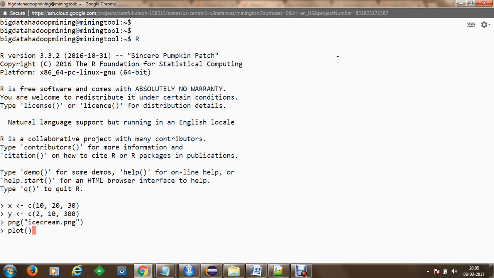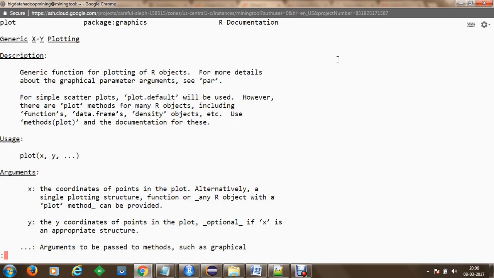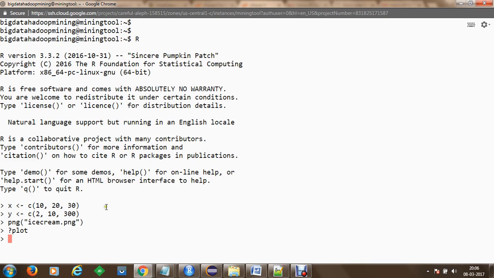Now once we plot, we are going to put the values for the plot, and before that I would like to show you that you can make use of help for the plot function using question mark plot, and it will show you what values you can take. Once we execute plot help, you can see that we provide two arguments, X and Y, and on the X axis we will have temperatures, and on the Y axis we are going to have ice cream sales. Let's use q to quit, and we are here.